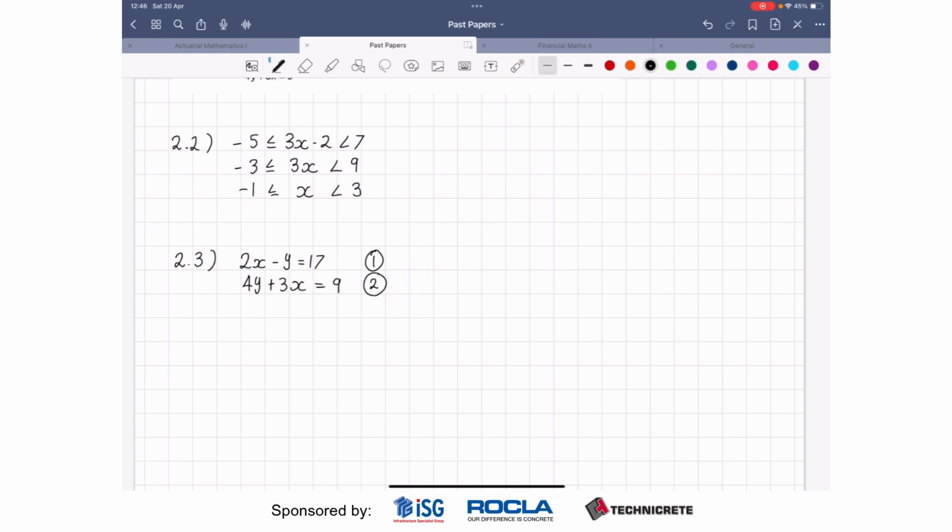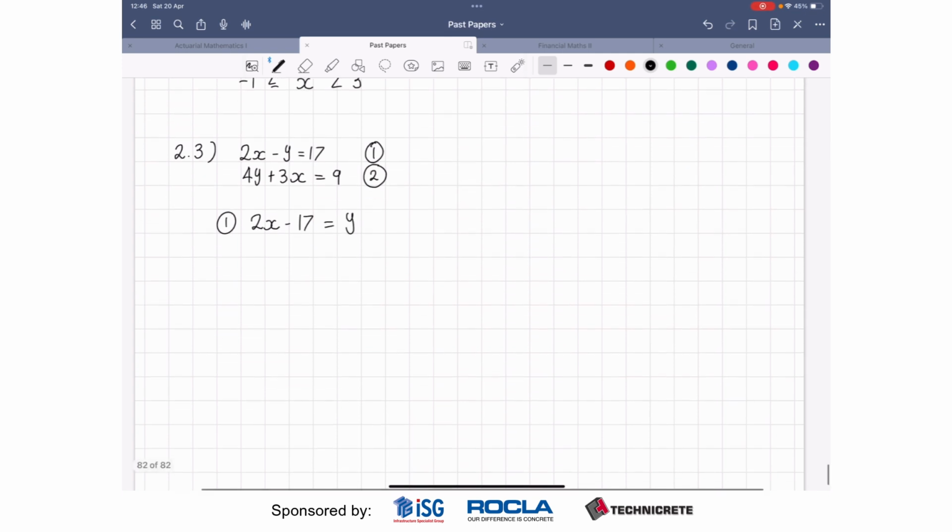So my first step is going to be writing equation 1 as y equals something with x in it. So to do this, I want my y to be positive, so I'm going to take it over to this side and I'll have positive y. And then I only want y on that side, so I'm going to take the 17 to the left-hand side, and the positive 17 is going to become a negative 17. So I'll have this. Okay, and now that I've got an expression for y in terms of x, which is that,